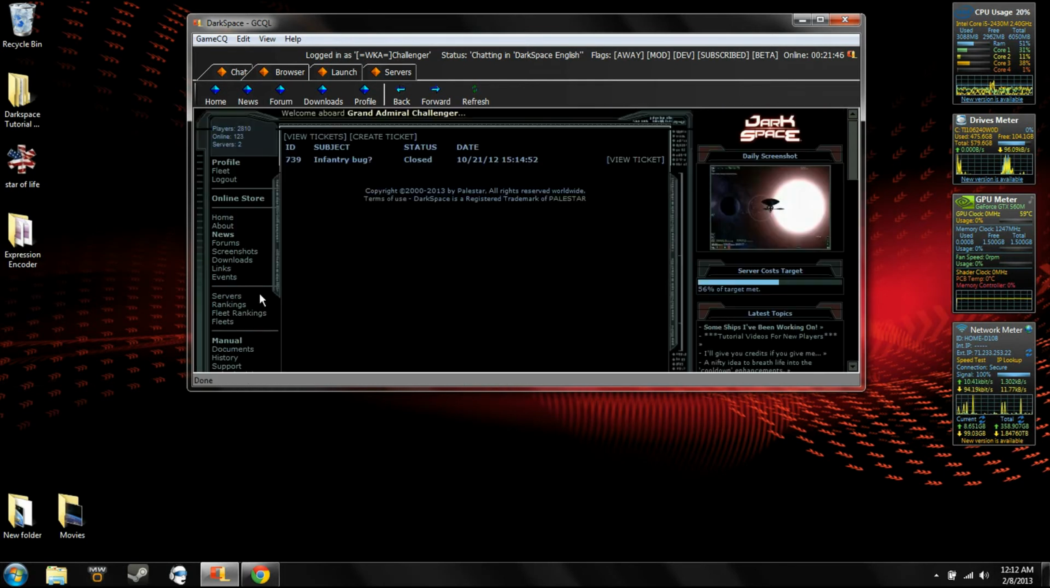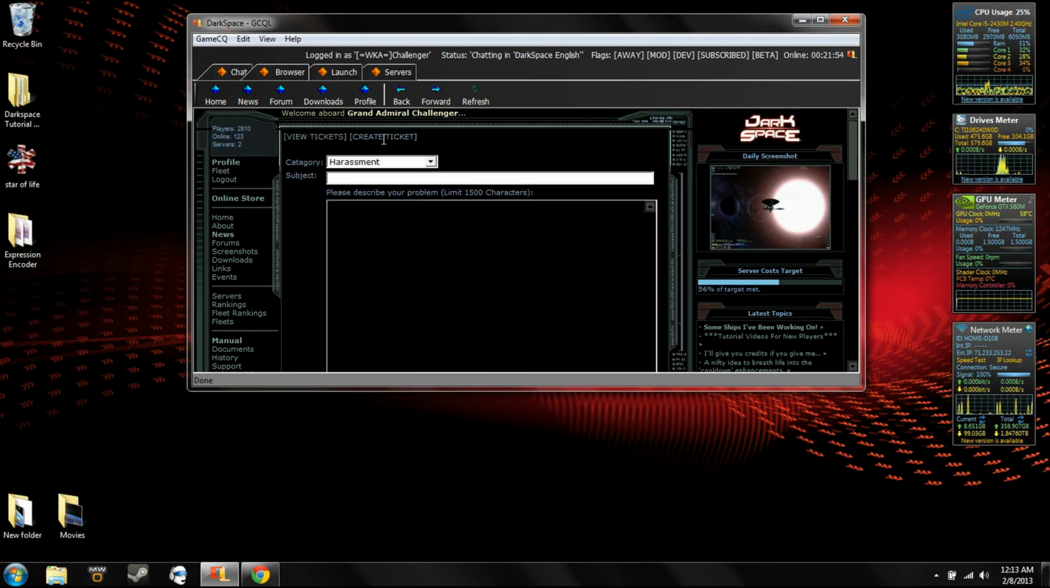Okay, there's support ticket. We'll click on that. Right here at the top, you can create a ticket if you're running into a problem in the game. Here are the different categories: harassment, rules and policies, technical support, billing and account, and other issues. So if we have a billing question, for example, if we're having a problem subscribing to Darkspace, like we make the payment but we're not receiving credits, you go ahead and click here and you can type in,